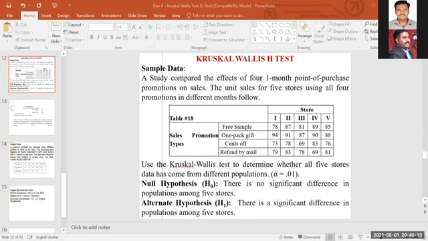Sir, please explain the term goodness of fit. Ma'am, goodness of fit is like normality, ma'am. Goodness of fit means you have seen the bell-shaped curve. Bell-shaped means you can see the bell, right? When your data is flowing in a bell-shaped curve, that means your model is a good fit. That means whatever variables you have used are good for your research model. And also normality: there is an equal distribution of values.